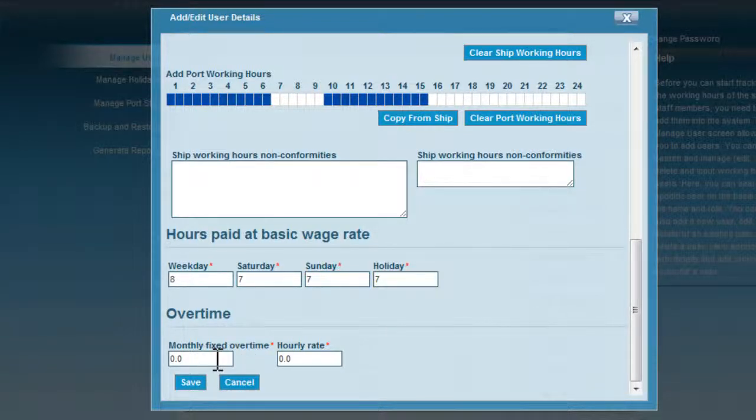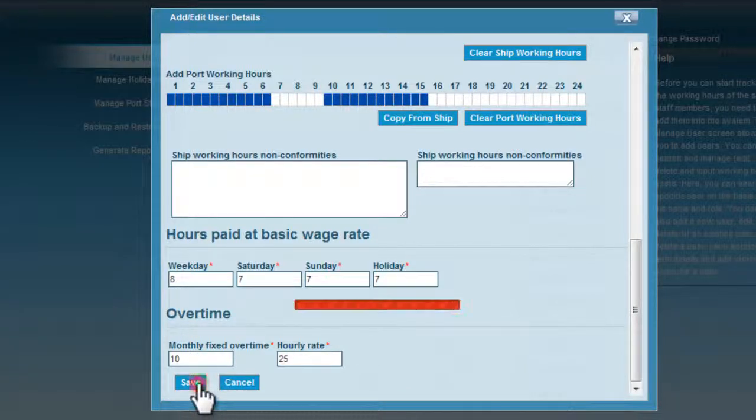In the overtime section, you can enter the monthly fixed overtime for the user and the hourly overtime rate. These values will be used to calculate the overtime to be given to each user at the end of the month.